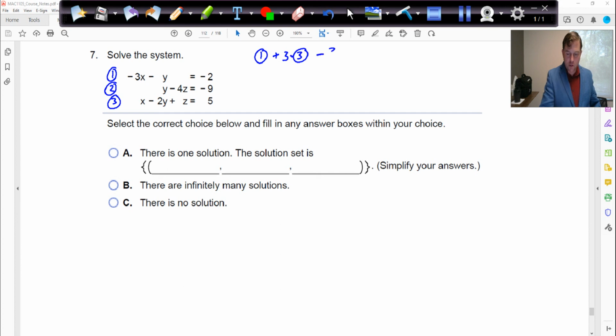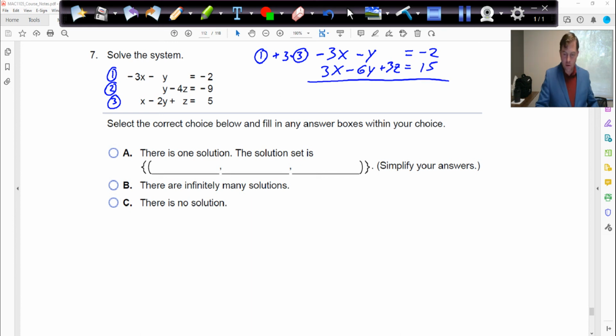So equation 1 is minus 3x minus y equals minus 2. Tripling equation 3 will give us positive 3x minus 6y plus 3z equals 15. And when we add those, we will get negative 7y plus 3z